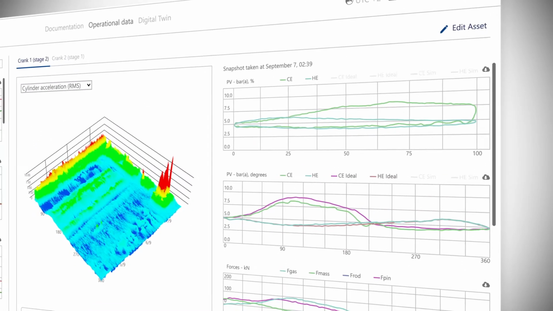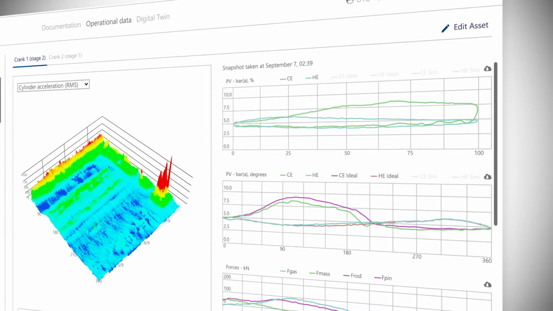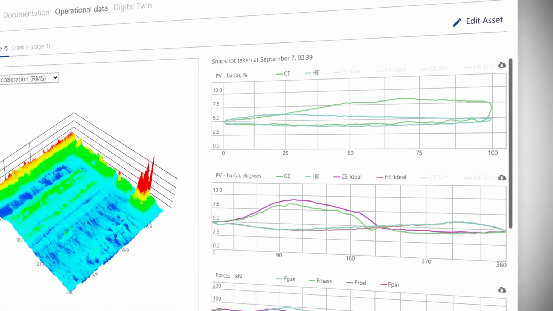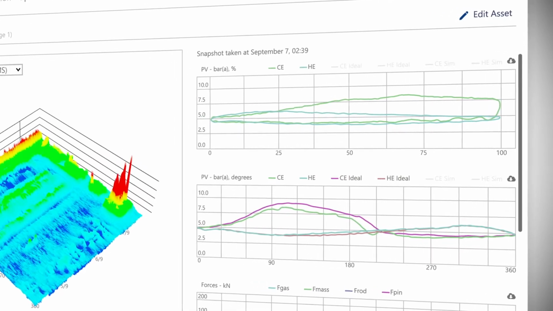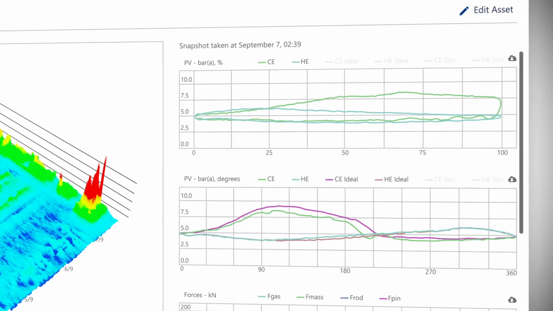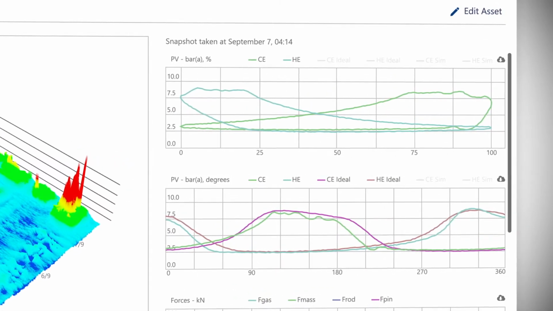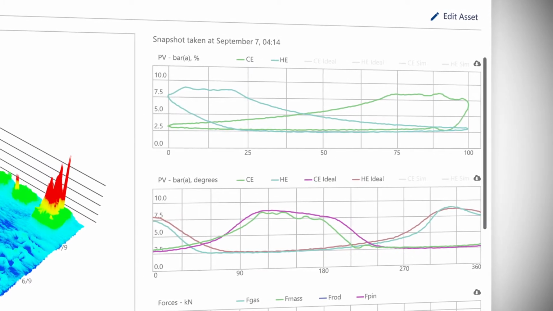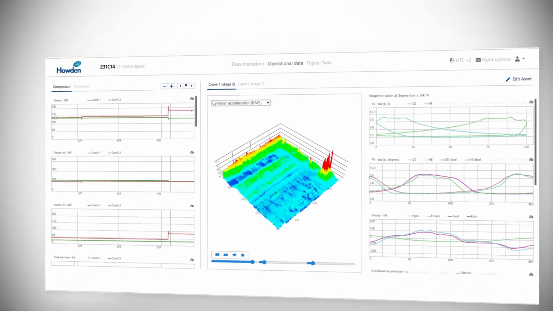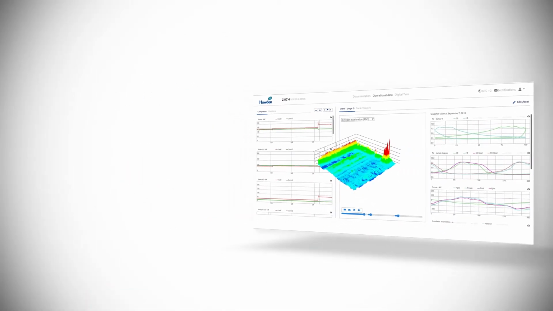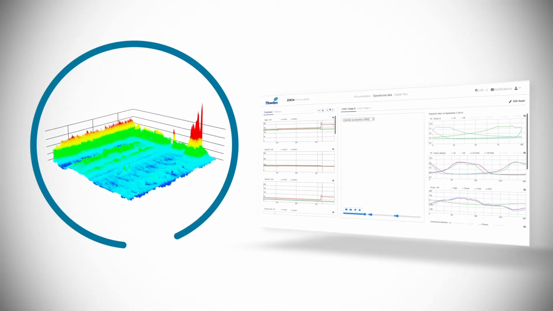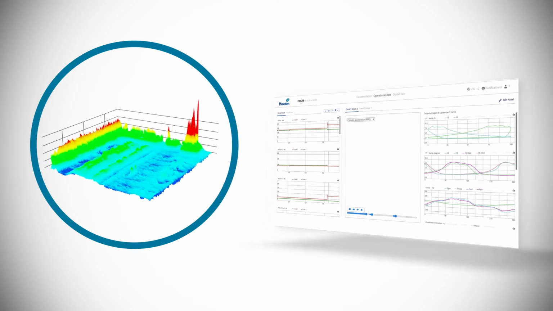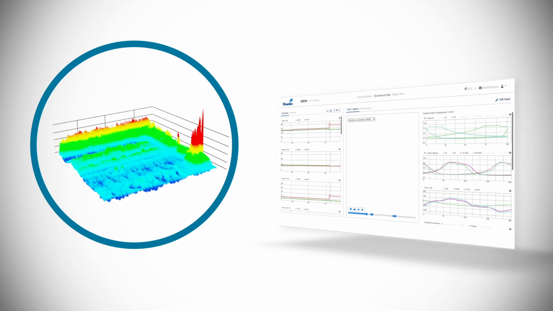When reviewing the PV diagrams, it showed that the loading of the compressor had changed. Crank 1 was operating with the crank end side loaded and the head end side unloaded. When the head end side was switched to loaded, the drop in interstage pressure occurred. From this analysis, the team then reviewed the cylinder accelerations, which also show the change in capacity step with different vibration characteristics before and after the load step.